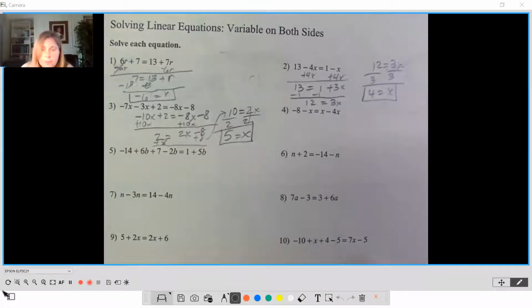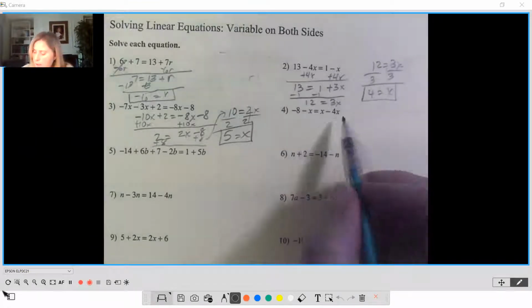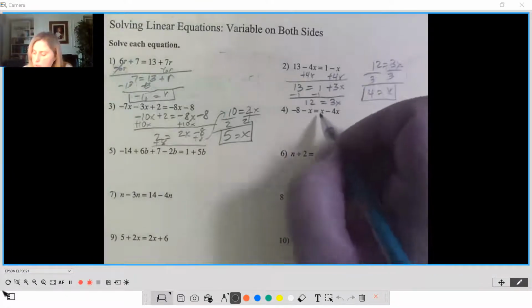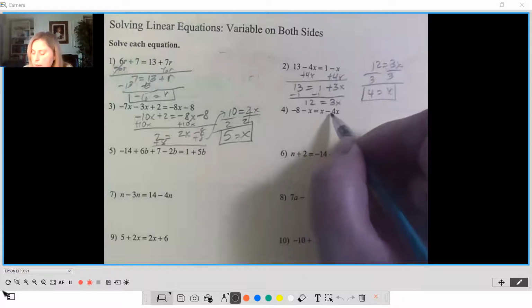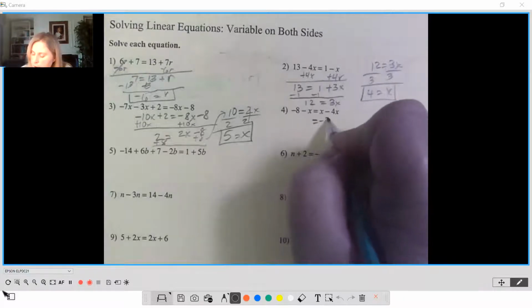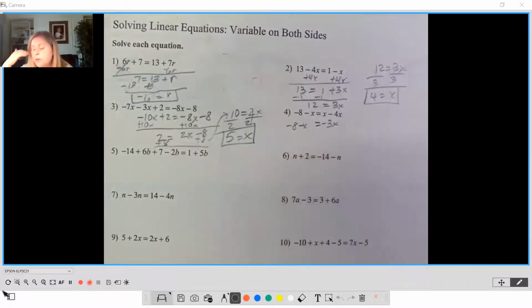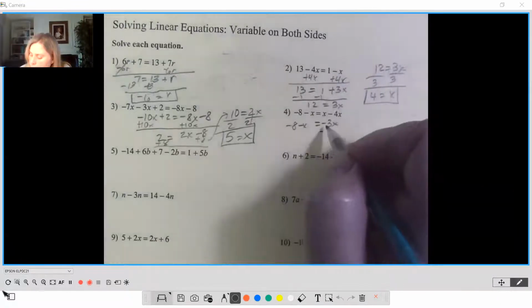Then number 4, we want to get all the x's together. This has 2 x terms on the right side, so I'll combine like terms there first. X minus 4x is negative 3x. Bring down the negative 8 minus x. Then I will add